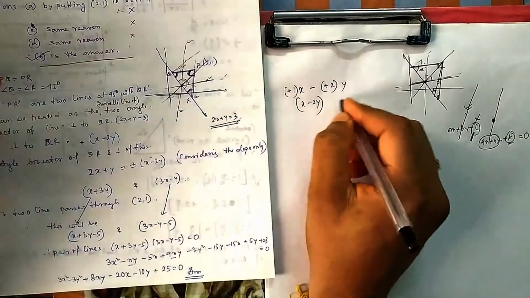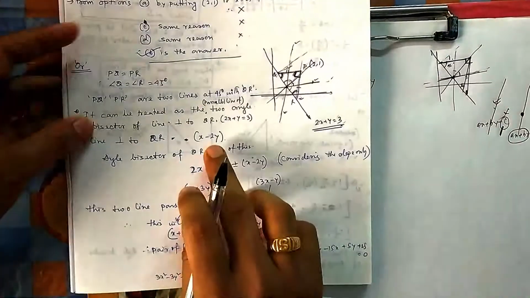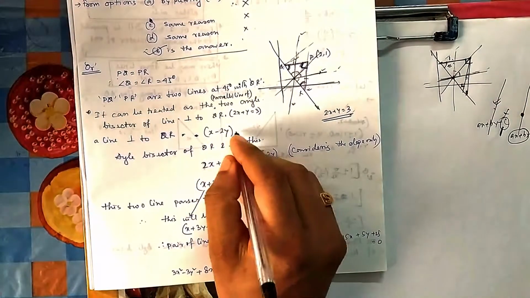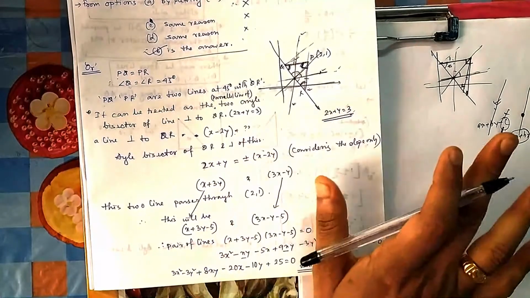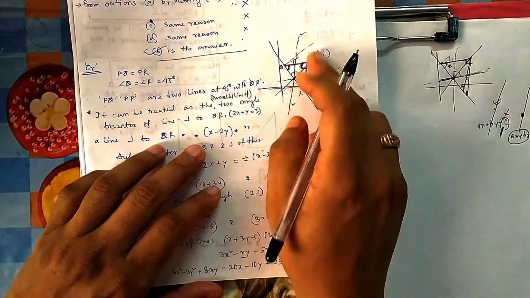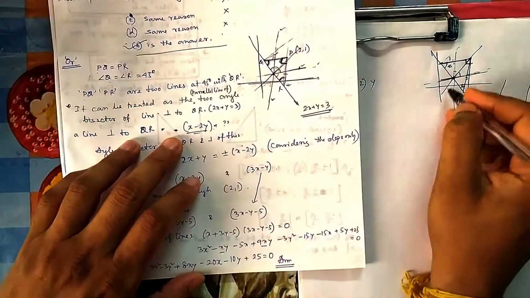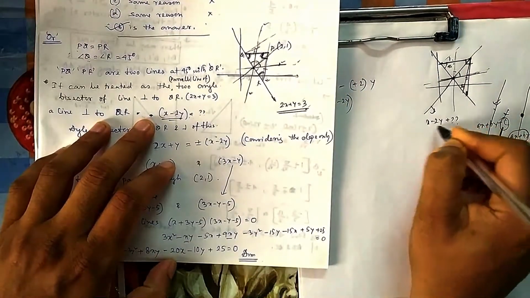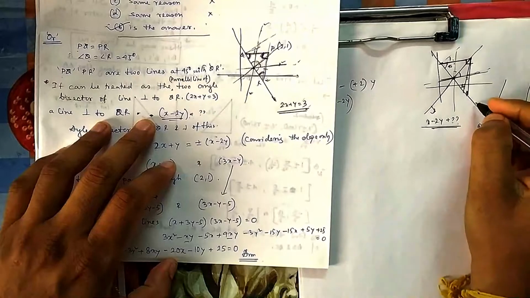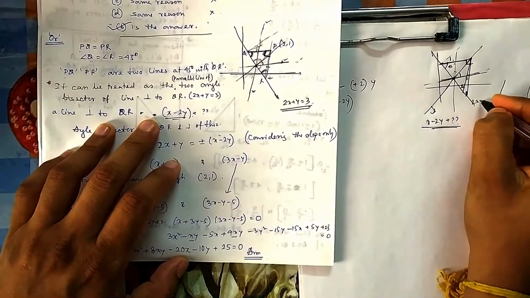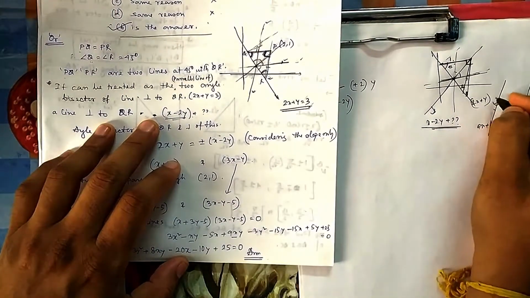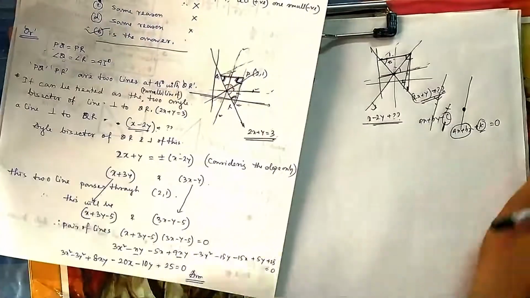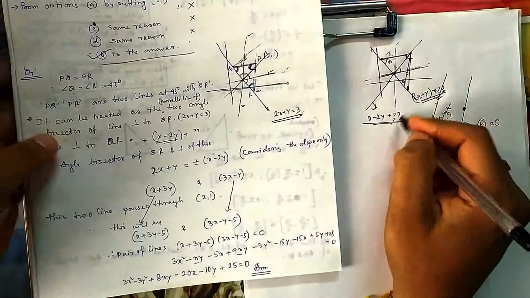If I take only that, and then some constant I am not writing. So that's why this is known as the x minus 2y line. Suppose there is some constant also, I am missing that constant. So for the angle bisector of this line, you got this line equation. What is this line equation? x minus 2y plus some constant, that I am not interested about, and this is 2x plus y plus some constant, again a constant I am not interested about. So the angle bisector of these two lines, that is my requirement.